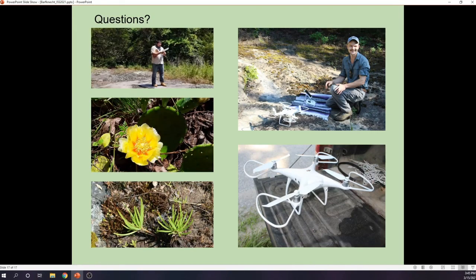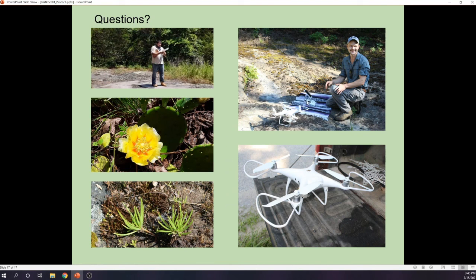And here are some nice pictures at the end of my presentation that were taken at the site. So this is Sam Ramirez helping me record plants as I call them out. This is Opuntia cespitosa, which is a local cactus that's different from Opuntia humifusa, which is a little bit more common. This is Phemeranthus parviflorus, which is actually a state-threatened species that occurs at several of the individual patches across my site. And then this last little image here is